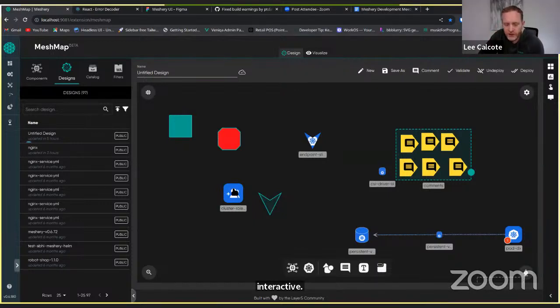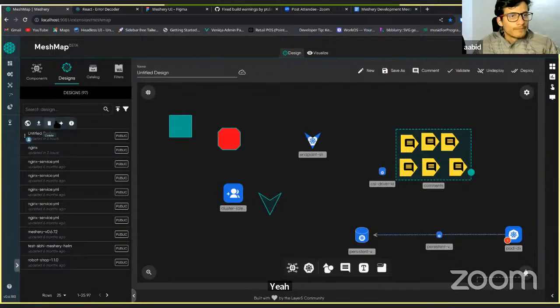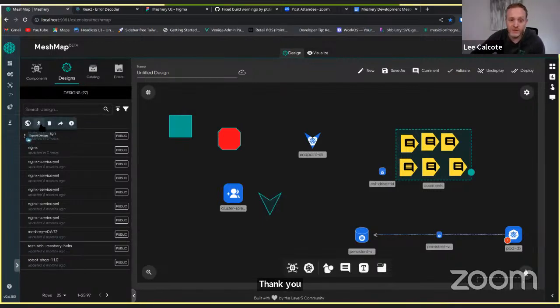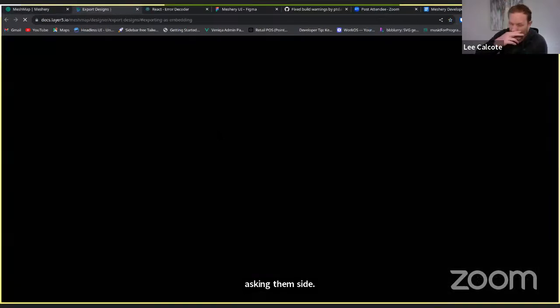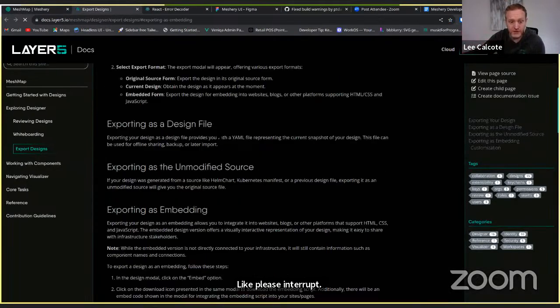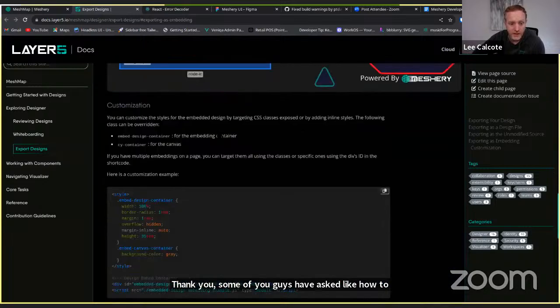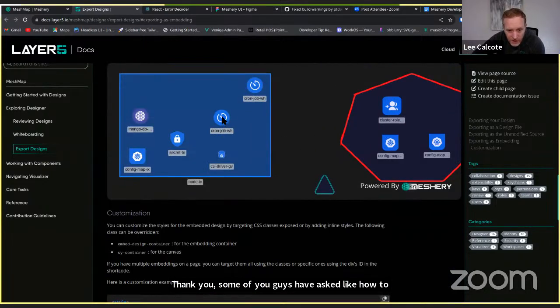Interactive engineering docs, I guess. Is there an example of that? Does that work? If anybody else has questions, please interrupt. Some of you have asked how to publish to the catalog in the past, and now is a great time for that question.